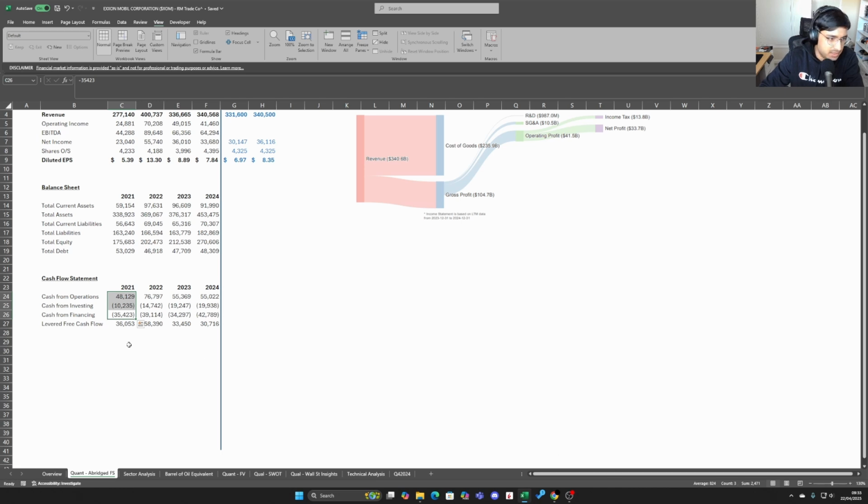Obviously, going on to the cash flow statement, again, I think every year except for 2024, if you sum up the three segments of the cash flow, it's been positive. This year was slightly negative by about 7 billion, but 2022 obviously was a fantastic year where they had 2022 plus billion in cash generation. And then when you focus on the levered free cash flow, it's always positive, which is great to see.